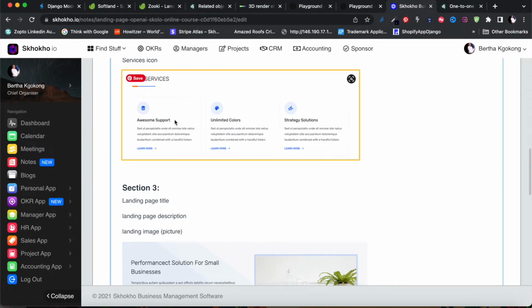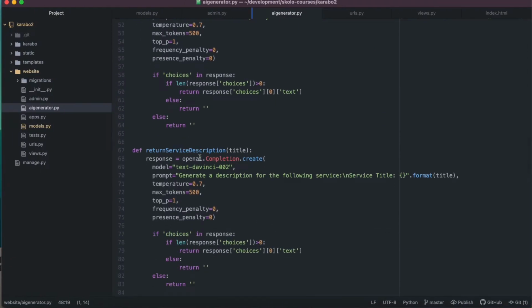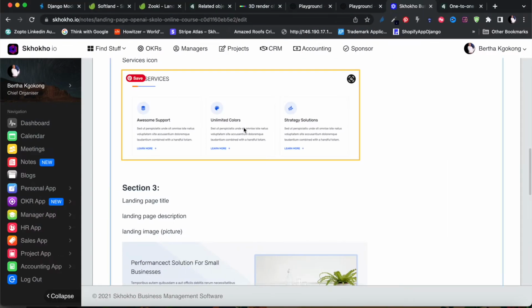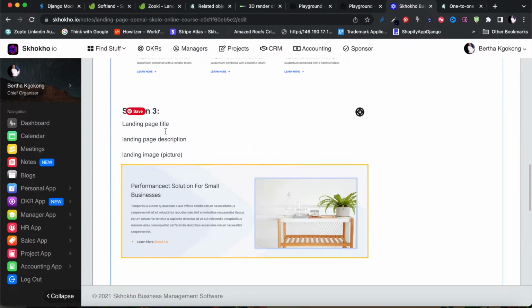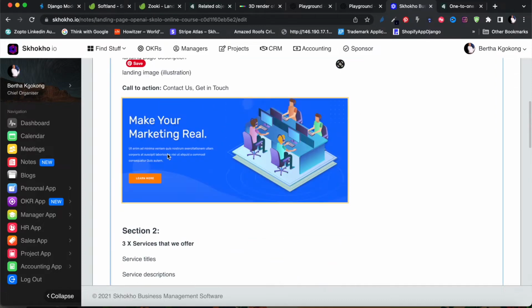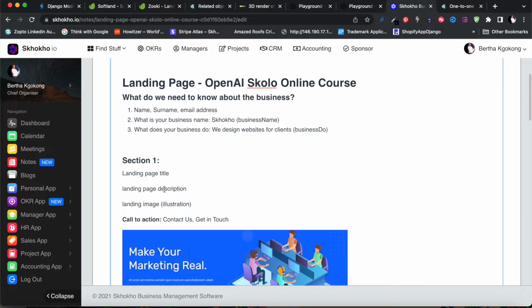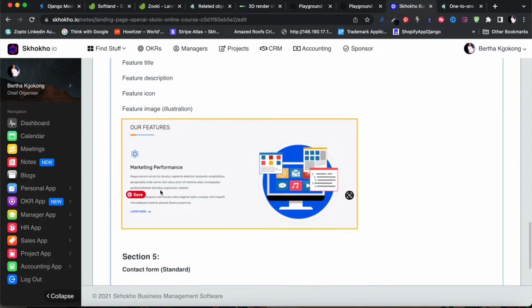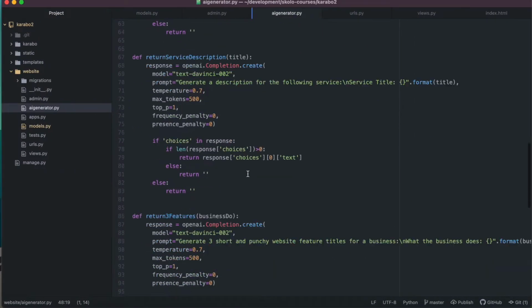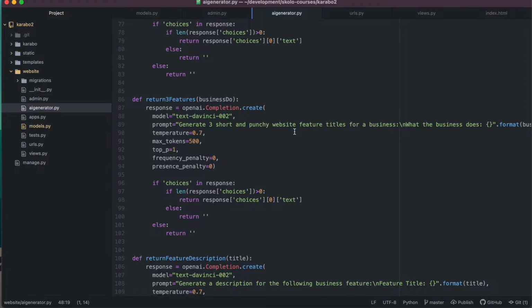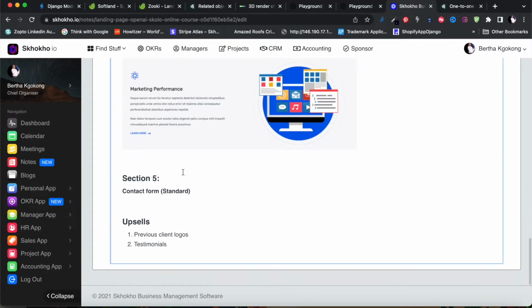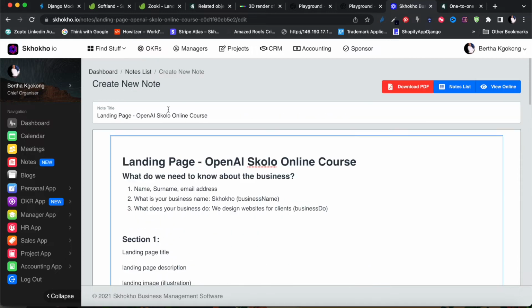So we'll do a call where we get these 3 titles, and after we get the titles, we will then go and get the description per title. So it's this one here, the service descriptions. So I'll get the title, and then I'll get the description per title, and then I'll get section 3. It's also just a title. And so for section 3 and actually section 1, I'm going to use the exact same OpenAI function to get that, because they're actually quite similar. And then for the features, I've got that return the 3 feature titles, and then the feature descriptions. All right, then I've got the feature title and the description. So I've got all the different